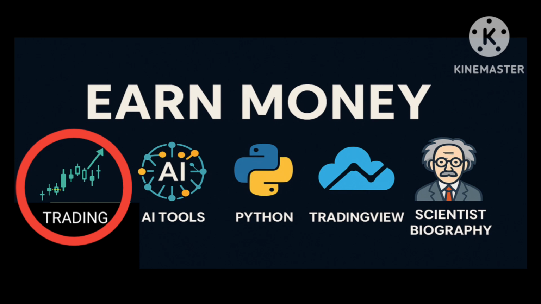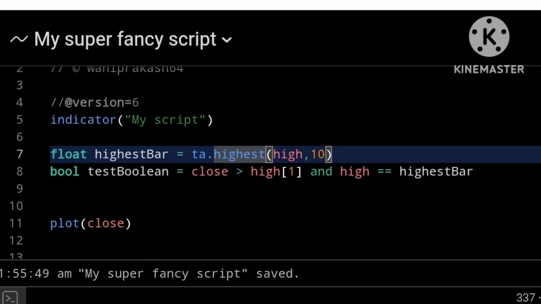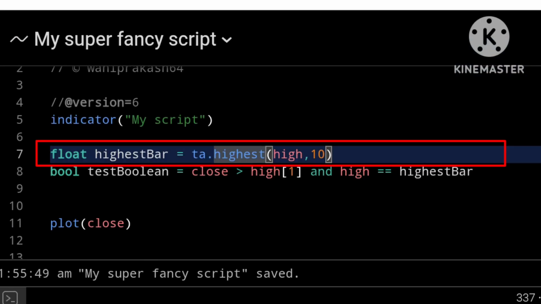What this means is, in order to get this code to execute consistently on every single bar, I need to take this function, create a new variable here called float highestBar equals, and then I can paste that in. And now what I need to check is, does the current bar's high equal this variable here?